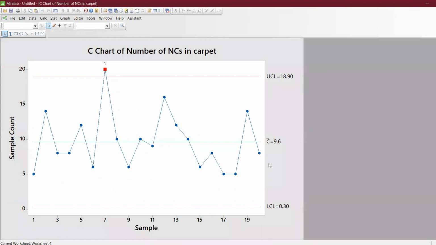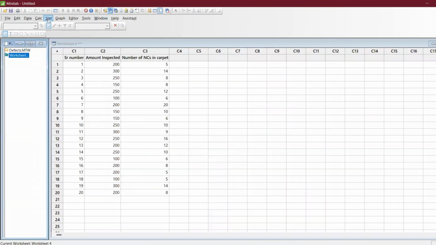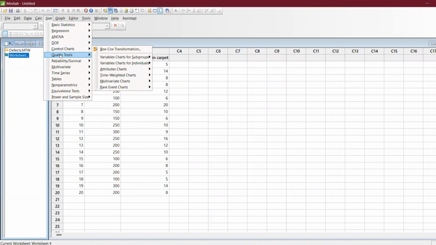So the C chart has come here. That means the average is nine, at least 9 defects we have in any sample you take. That's what it means. And also this is going beyond the UCL. And this particular example, number 7, has got 21. This is clearly not a stable process. Okay. And the same thing, what I will do, I will just use the U chart